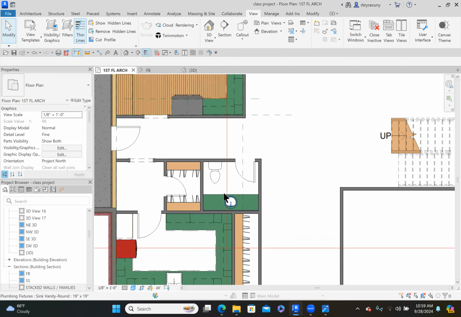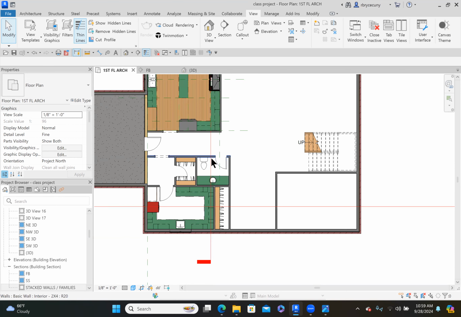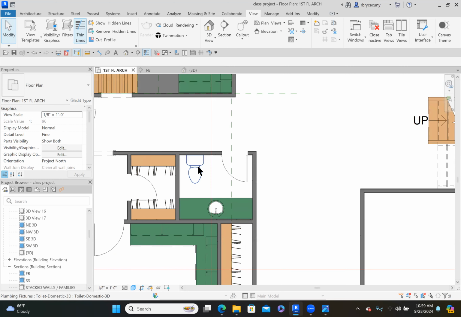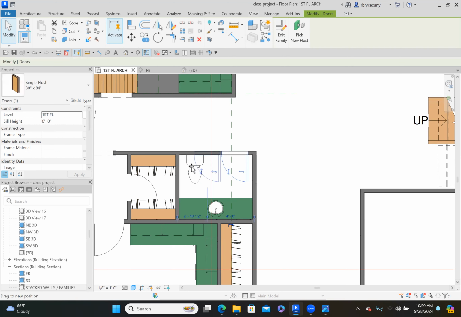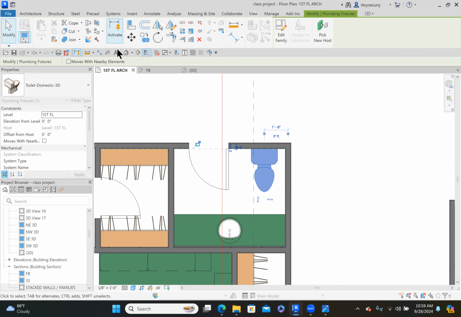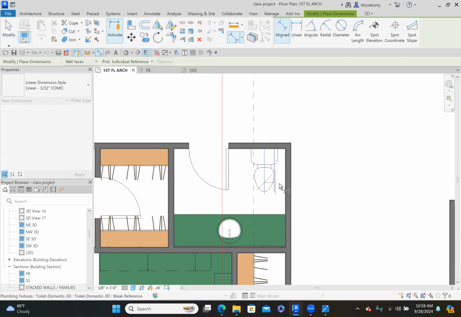We've done the powder room now. I really think we should flip that. Yeah, I want to walk out into a little bit more private area, so I'll just take this guy, move him over there. Take this guy, move him over here. Double check my dimension again here. It should be